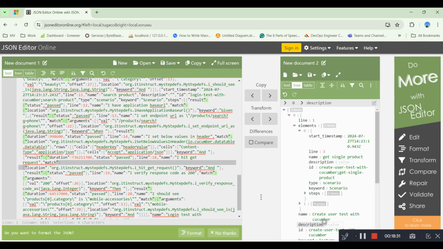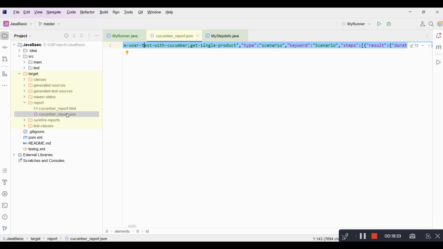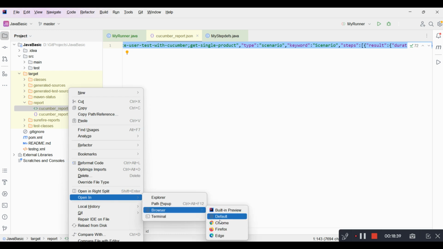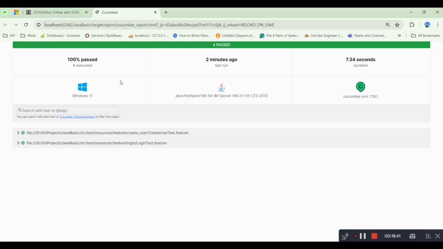And if I take you to the other report, that is the HTML report. If I go to my HTML report and open it in any browser, let's say Chrome, you can see it gives me a dashboard. Here it says that four test cases got executed, 100% passed. What platform it was executed on, what Java version was used,